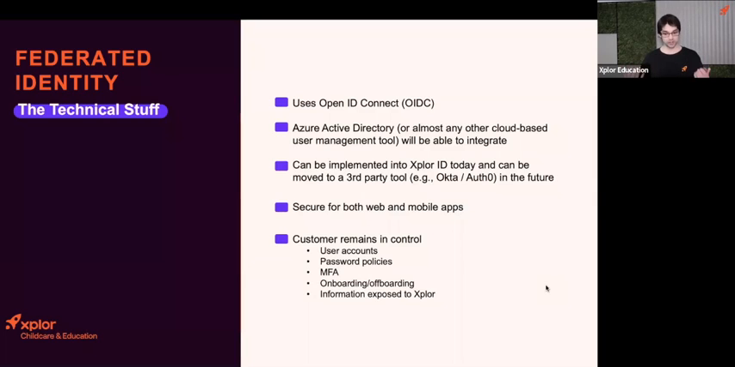And what's really beneficial about this as well is that we can build this into Xplor ID today, and in the future, we may move to a third-party tool. At the moment, we're using Xplor ID, but in the future, we may decide that we have so many users and so many auth flows we need to provide that we might be better off moving to a system like